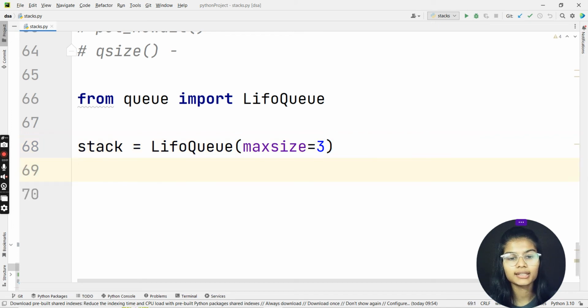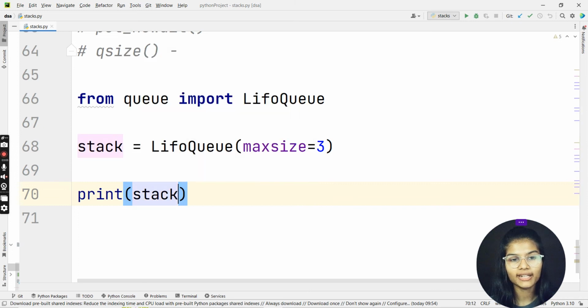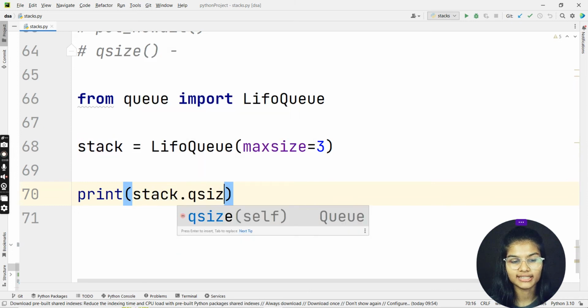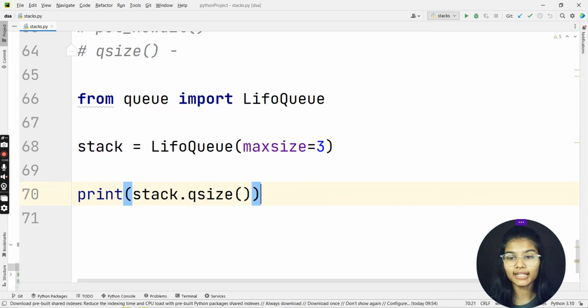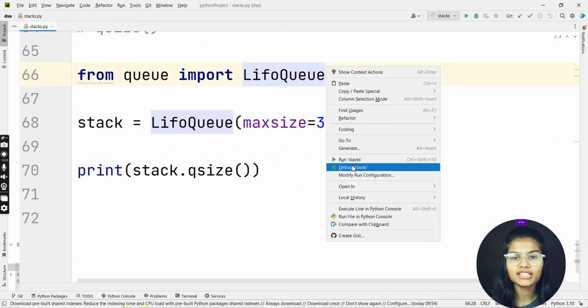Okay, done. Now I'll be using one other function, which is print. I'll write stack.qsize. Now qsize I discussed in the previous video, it helps us show the number of elements in our stack, right? So I simply wrote print stack.qsize so as to check the number of elements in my queue. If I run this here,